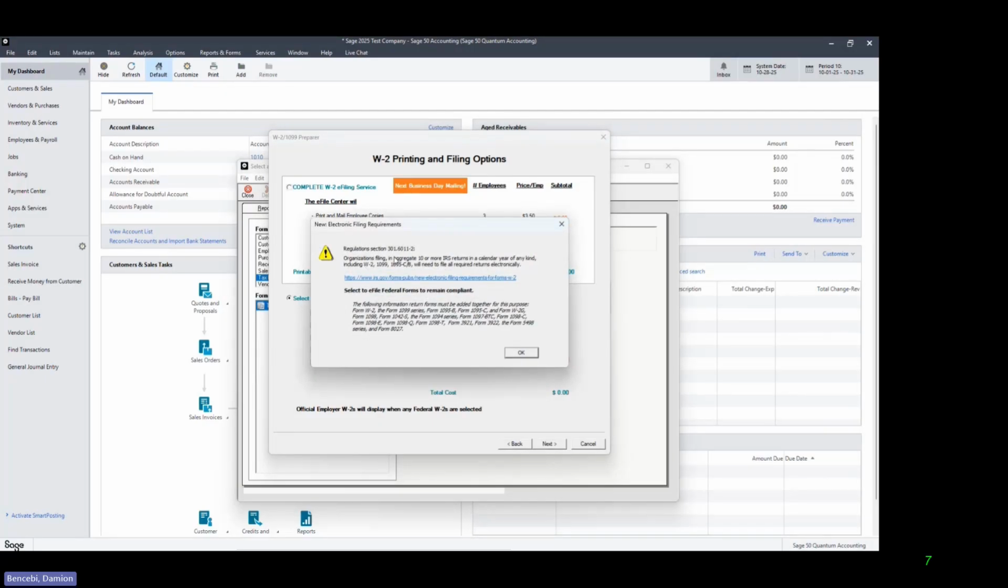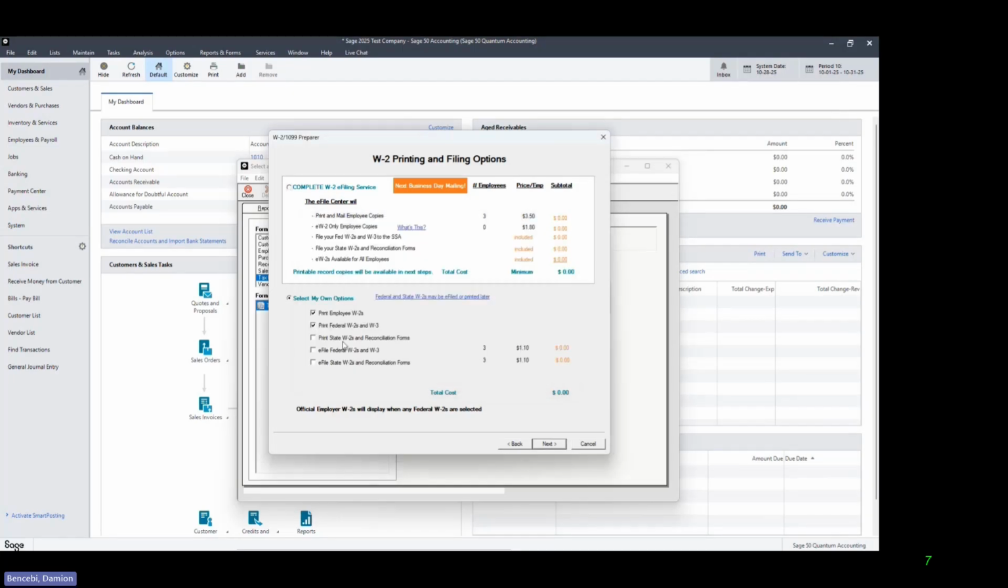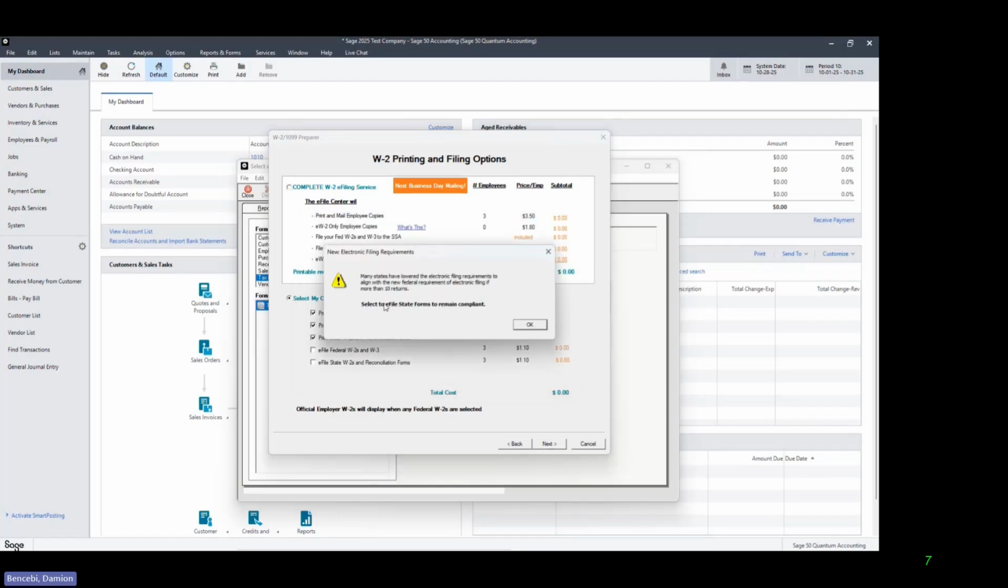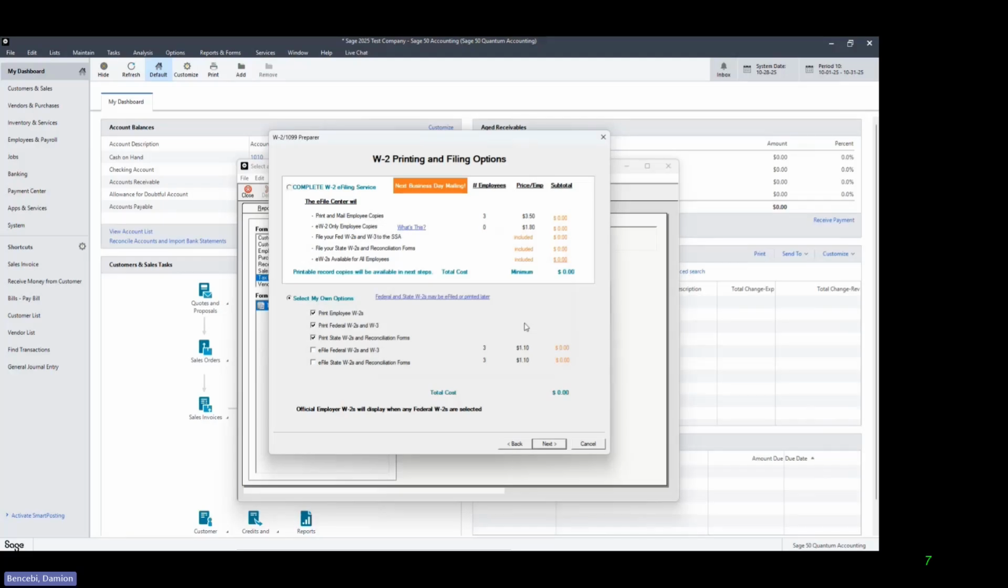You'll notice when I select federal, you get a message. It reads organizations filing an aggregate 10 or more IRS returns in a calendar year of any kind, including W-2s, 1099s, 1095Cs and Bs, will need to file all required returns electronically. You can just confirm that to move forward. And for state, we'll get a similar message. This one just referencing many states have lowered the electronic filing requirements to align with the new federal requirements of electronic filing if more than 10 returns. So you're going to go ahead and click OK on that one to confirm and move on with the printing